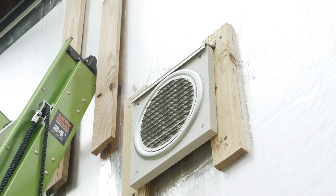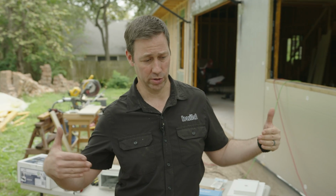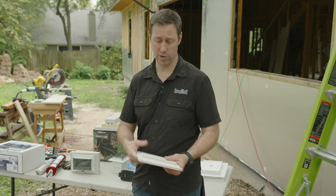All right, guys, so this is the end goal right here. It's that vent that's totally done and ready to go. So the siding guy, when he comes, all he has to do is butt that siding right up to that mounting block. There's a lot to talk about today, but let's first talk about what the finished siding is gonna be,